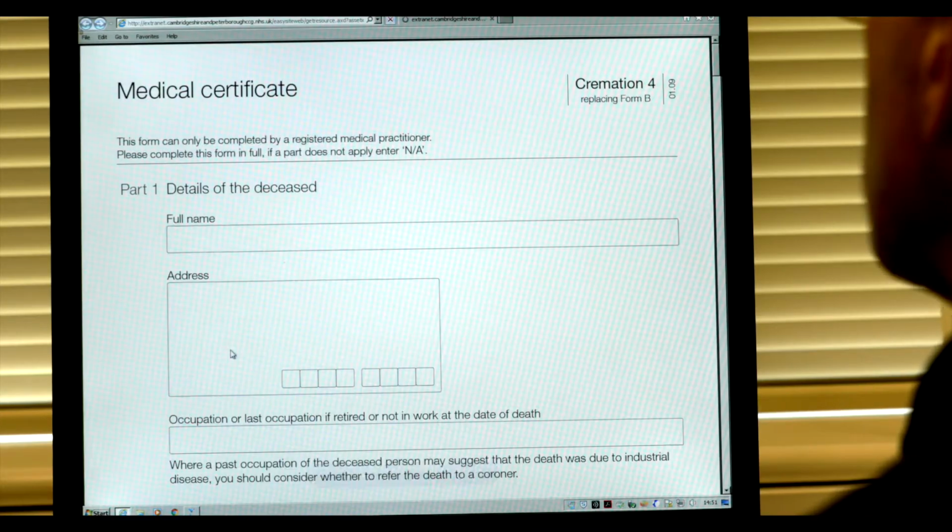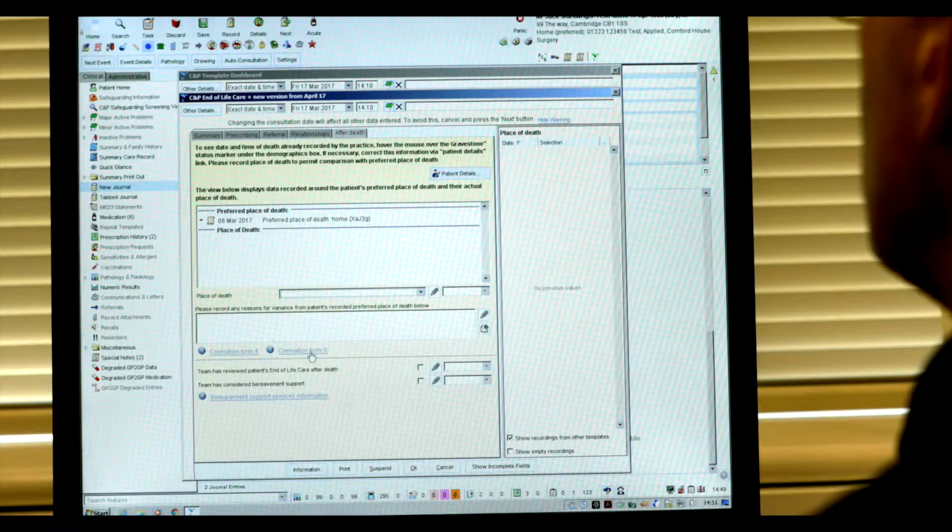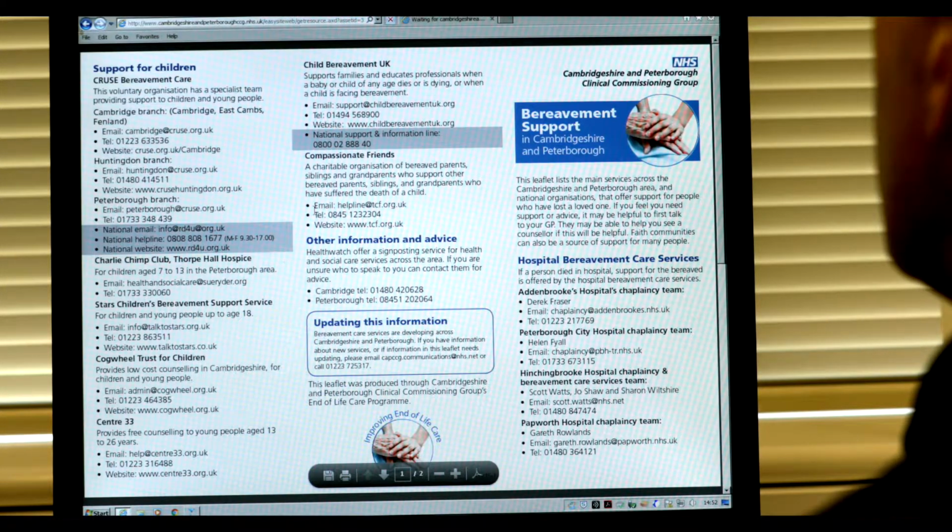And then the last tab is after death. I've already got their preferred place of death to be home, and then what we can record if the patient has died is where they actually died, and then that will enable you to enter a comment here in terms of the variance between their preferred and actual place of death. The cremation forms are here, so there's form 4, form 5 is there, and then there's another document that you can click on which has information